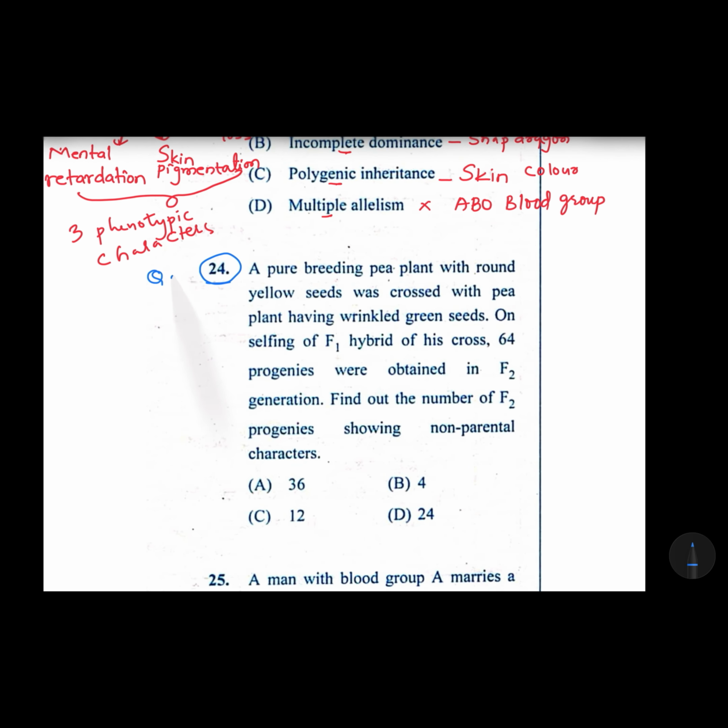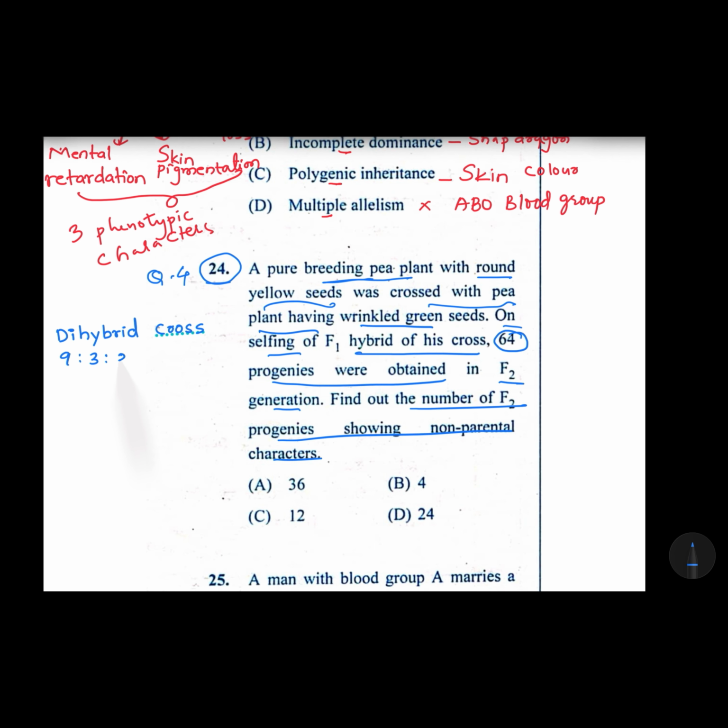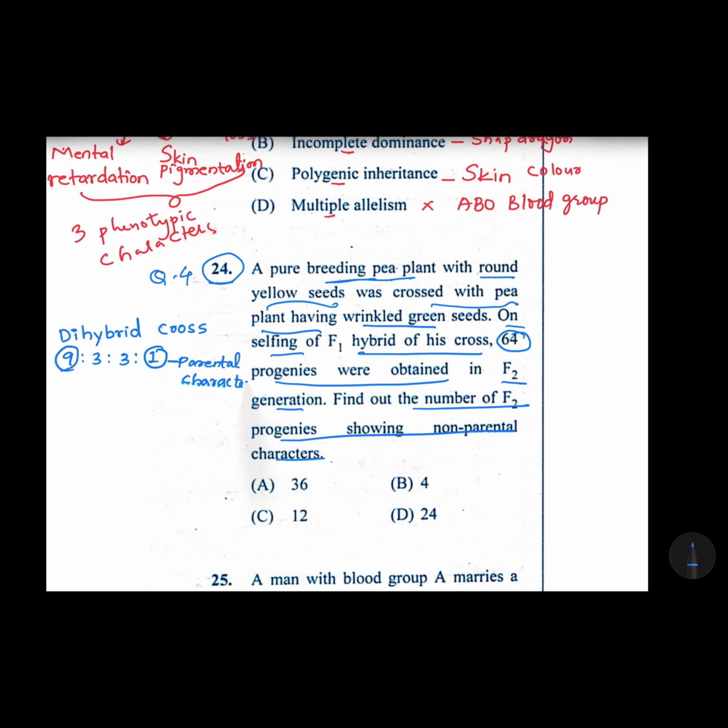Twenty-fourth, pure breeding pea plant with round yellow seed was crossed with pea plant having wrinkled green seed. On selfing of F1 hybrid of this cross, 64 progenies were obtained in F2 generation. Find out the F2 progeny showing non-parental characters. In dihybrid cross, 9:3:3:1 is the dihybrid ratio, where 9 and 1 are parental characters, whereas 3 and 3 are the non-parental